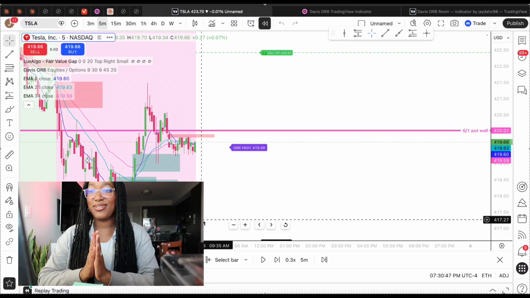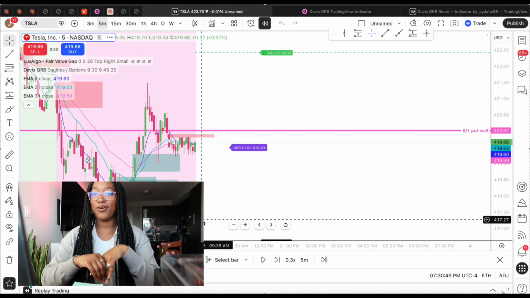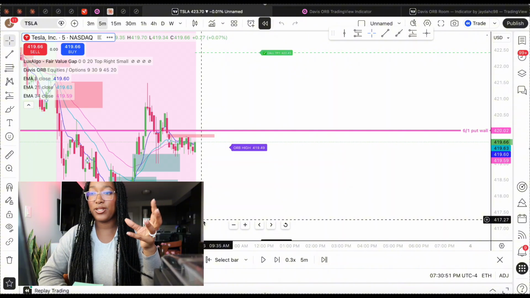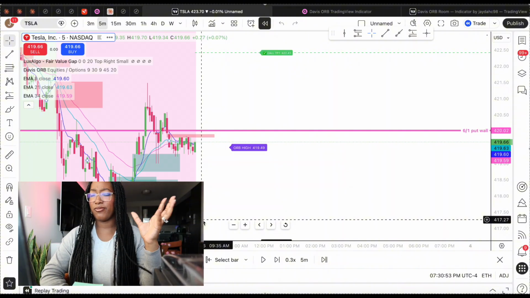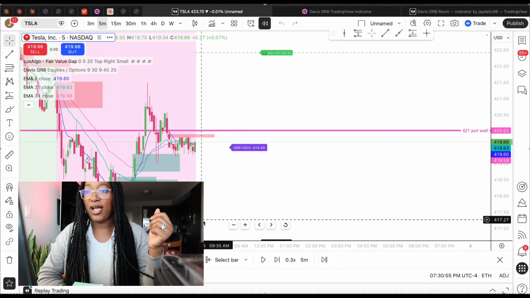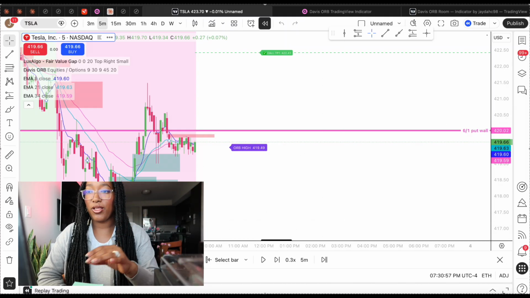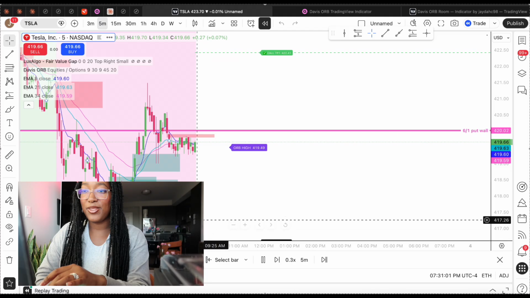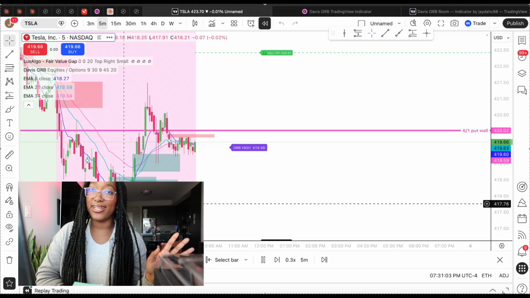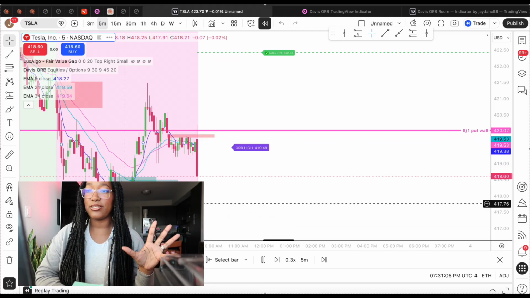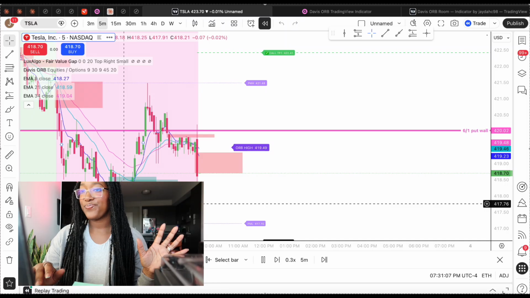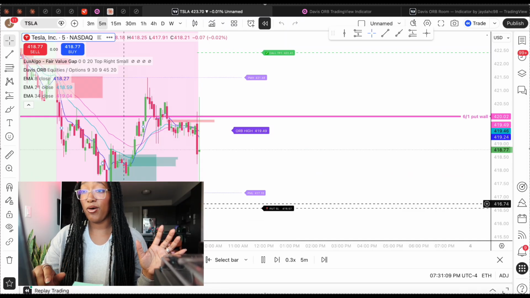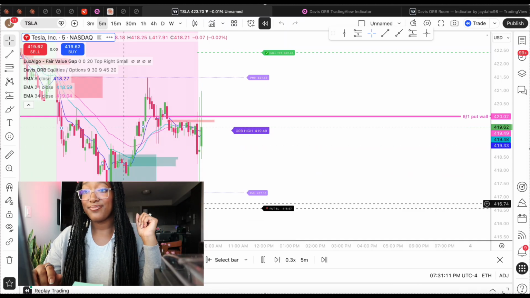All right, and you guys should be able to see what I'm seeing now. So this morning, Tesla opened up in a negative. It was wicking really crazy, but I also had a put wall in the area. So as soon as this candle right here opened up and the ORB range formed, I went and got into the trade. So I believe I placed a 425 strike, and I literally rode all the way up,